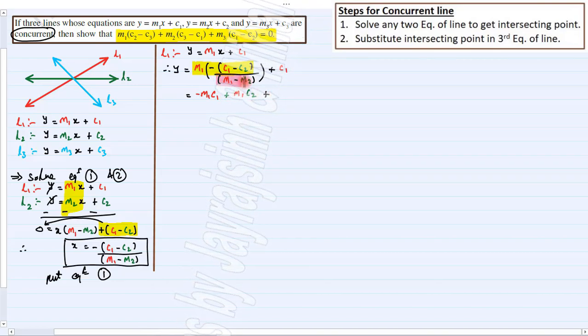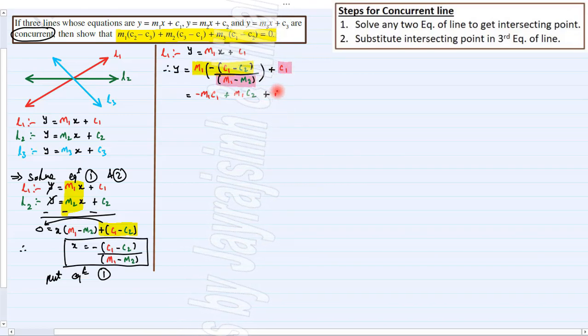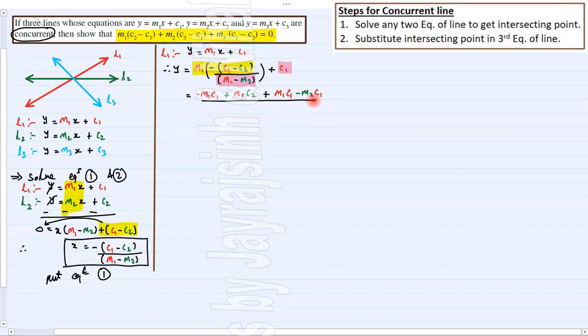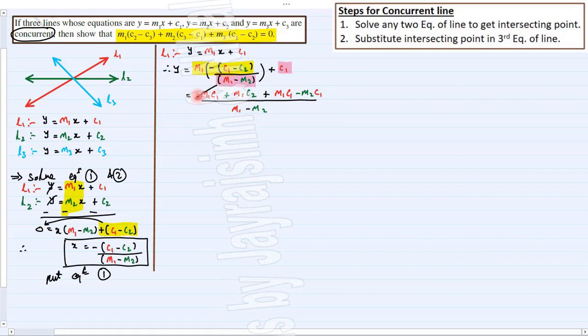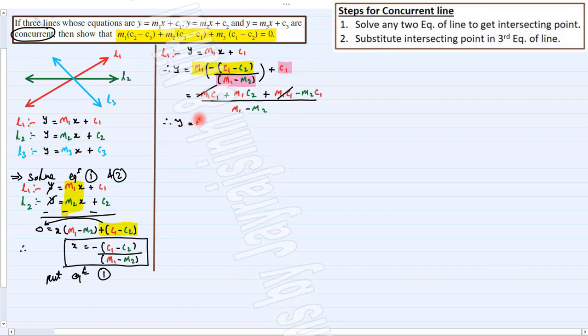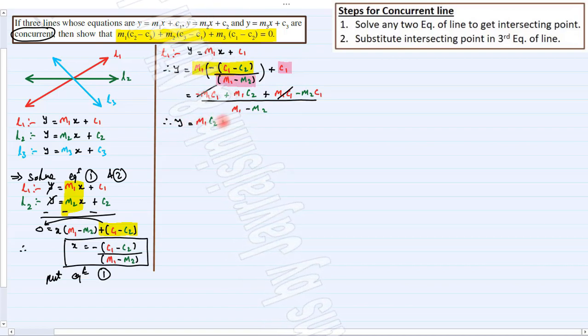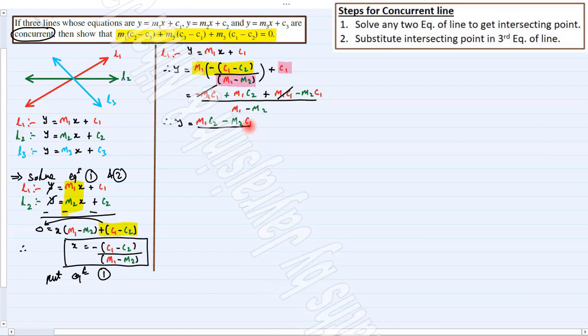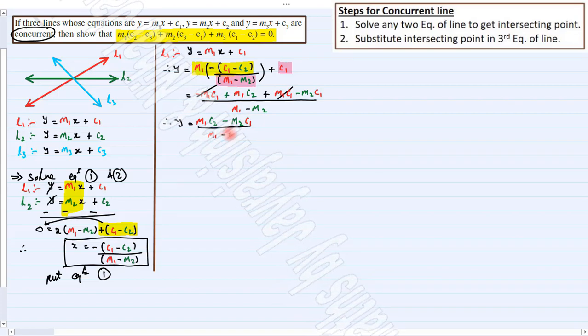Then we have to take the LCM. Multiply m1 minus m2 with c1, so we'll get m1 c1 minus m2 c1 upon m1 minus m2. As you can see, minus m1 c1 plus m1 c1 will cancel out. We will get y is equal to m1 c2 minus m2 c1 upon m1 minus m2